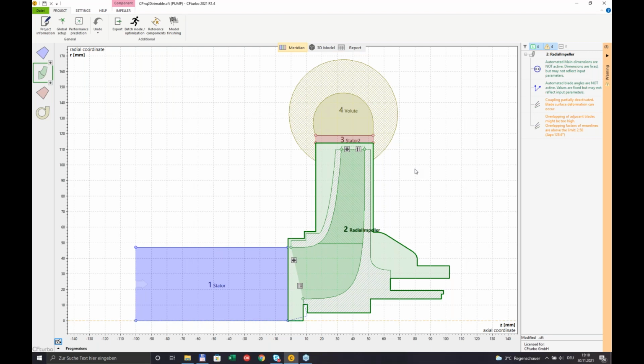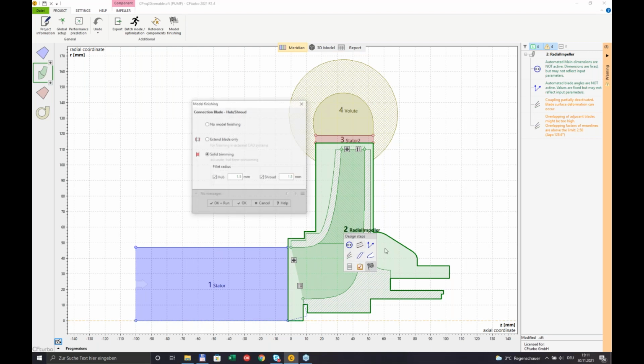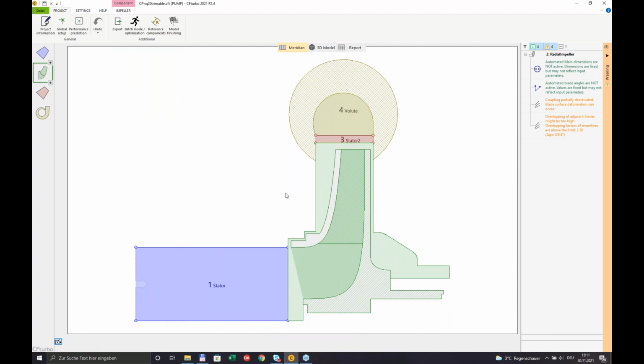and that is a very important feature that is needed for an automatic optimization process. So, I already said there is a labyrinth kind of sealing implemented. There are fillets at hub and shroud, at the blades implemented. So all the features that you might want to see in a CFturbo model,